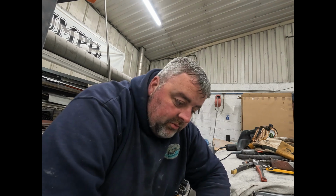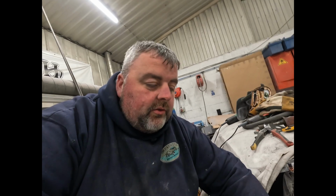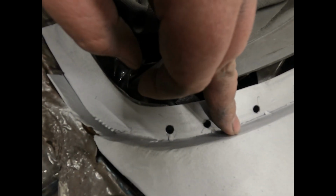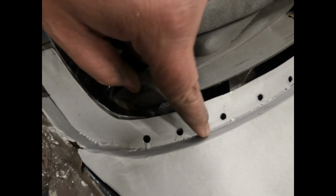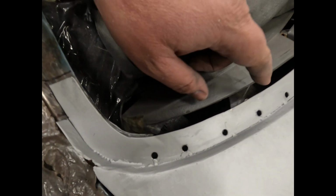So yeah, I've made this in 3 pieces just for ease really. I made the outer piece to get the curve that I wanted. The other side wasn't quite as bad, so I could use that as a reference for the curve and then just turn it over. So I know that this is right. And then this, I just measured the original one. And then I've welded this piece to this piece. And then this piece, I made a...